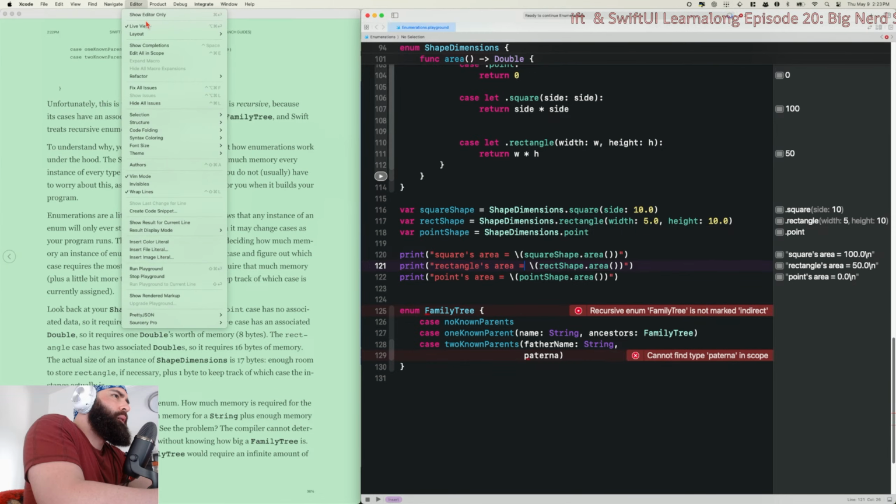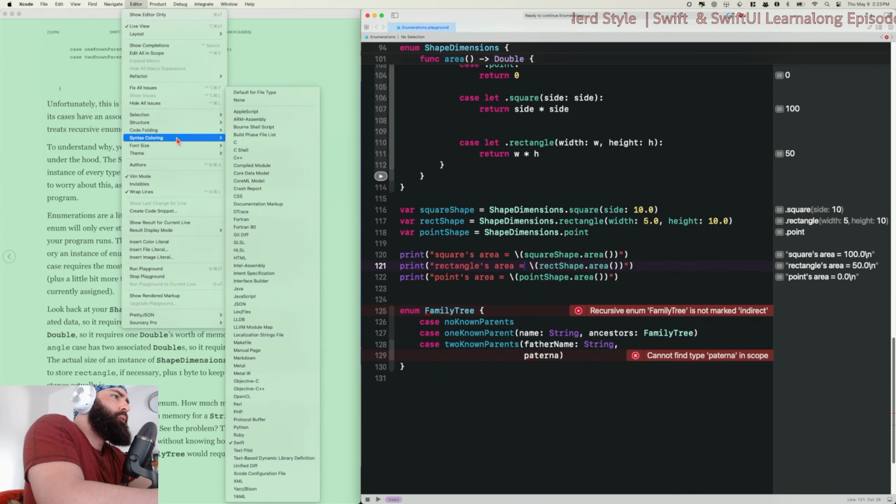I thought, no, not that. That's an interesting collection of weird Xcode.